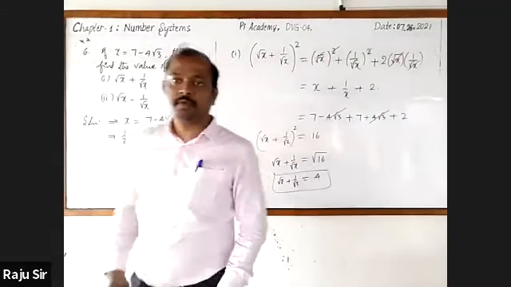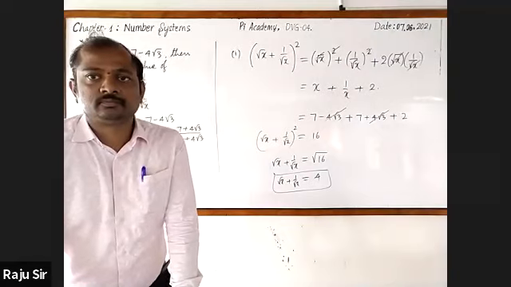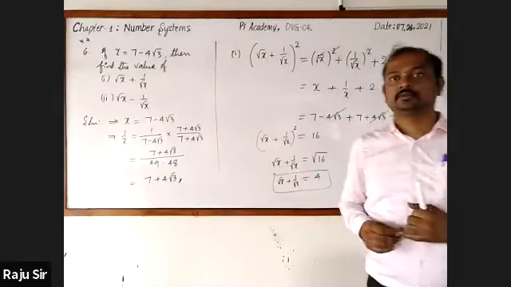Now please ask me if any doubt. Any doubts? No, sir, if the symbols are same, we can't cancel. So see, there you have cancelled root x because the symbols are different. If they were same, we can't cancel, sir.